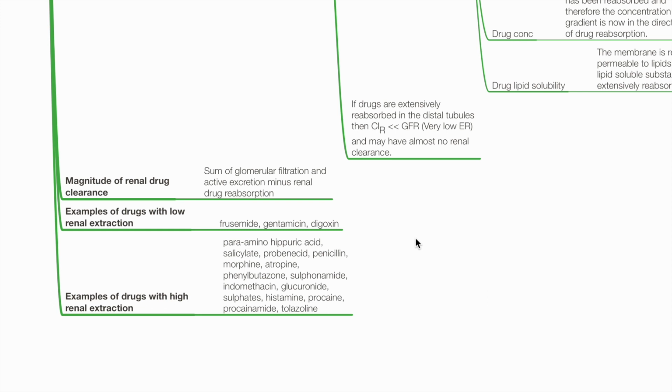very low renal extraction. Magnitude of renal drug clearance equals the sum of glomerular filtration and active excretion minus renal drug reabsorption. Examples of drugs with low renal extraction include furosemide,